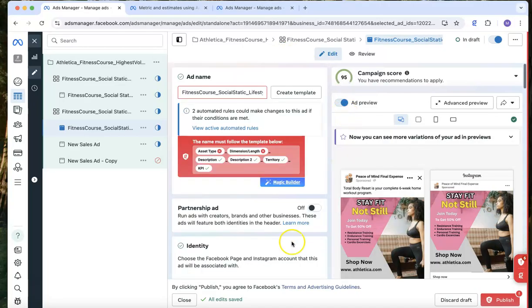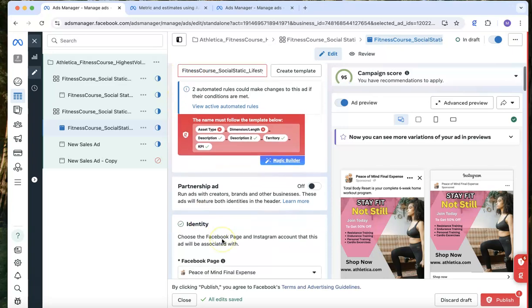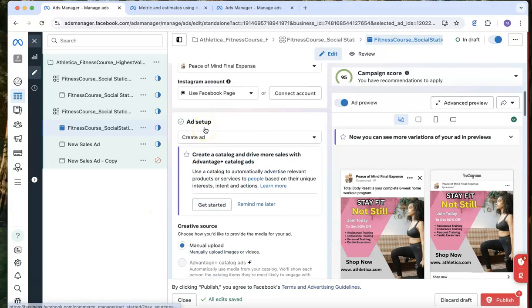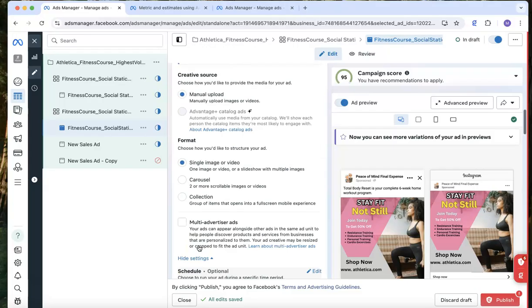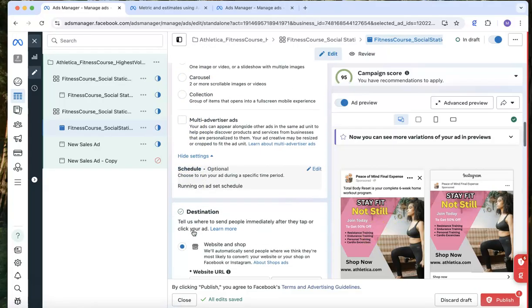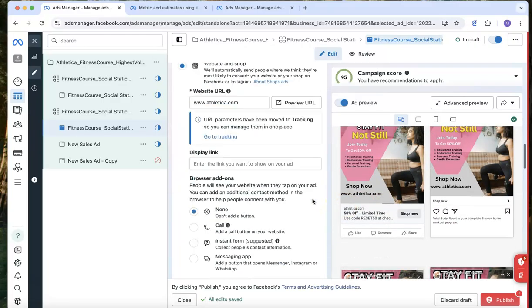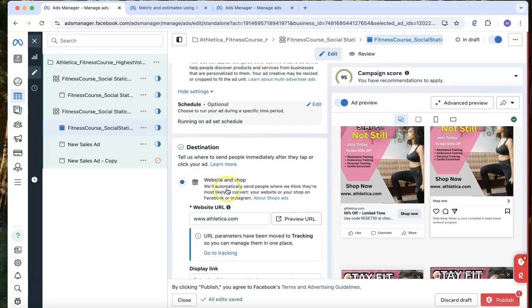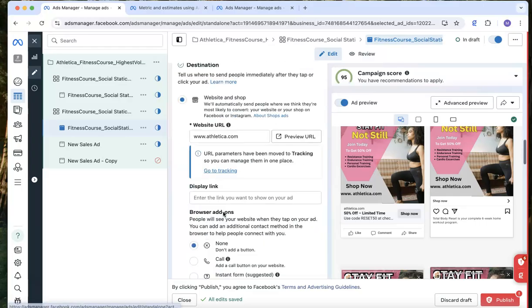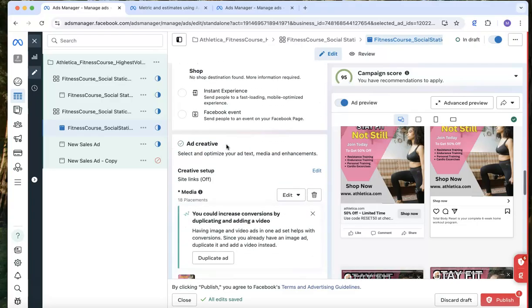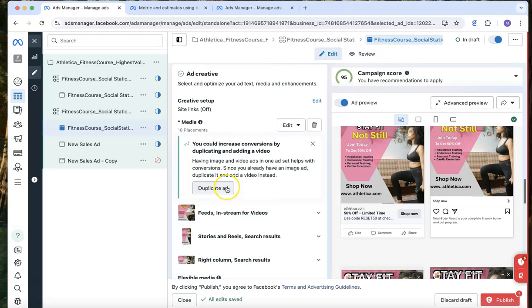So just to recap, we have our naming convention up here on the ad name. We're not using partnership. We went ahead and set up our ad set just from scratch. We manually uploaded our ad creatives. We are just doing the images. So we have different images and things of that nature. Our destination is going to be website and shop. We put our website URL right there. Let's see what else. Our ad creatives,